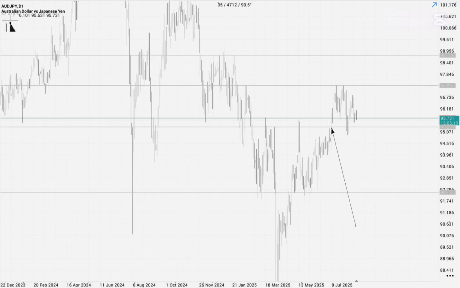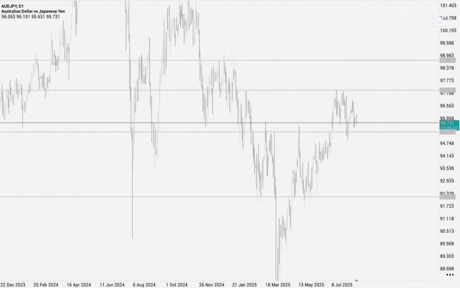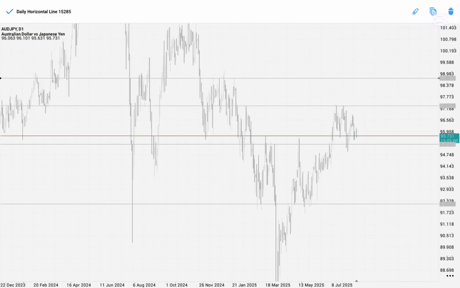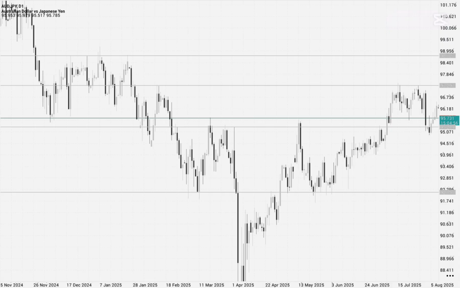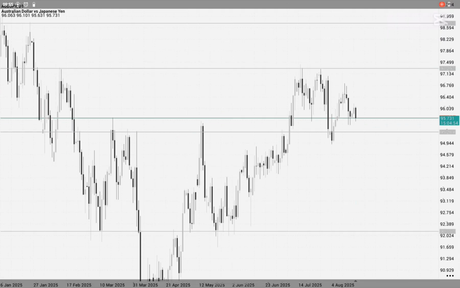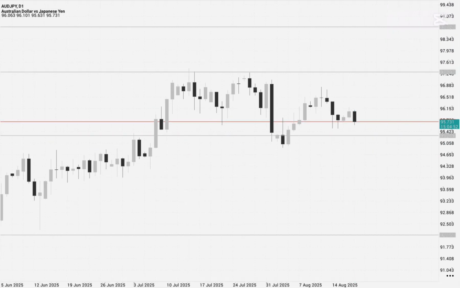You can see a small touch here. For this level, price touched here and two touches here. For this one, there are a lot of touches there. Let me just refine this one a little bit. There. Right, so now price is currently